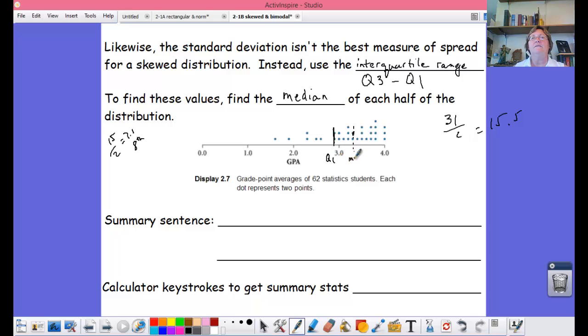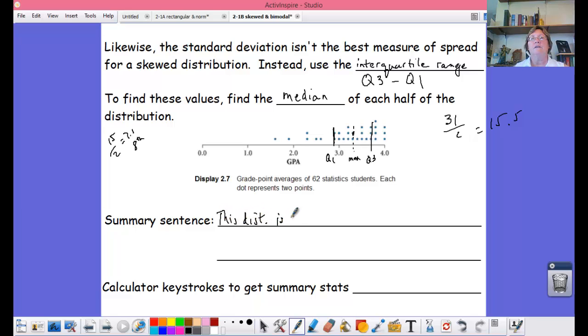This was the median. And we need to have the 8th dot past our median. So 1, 2, 3, 4, 5, 6, 7, 8, right in here. That's Q3, third quartile. So if I were going to write a summary sentence to describe this distribution, specifically the one that we're looking at, I would say this distribution